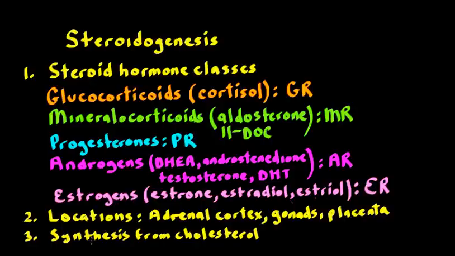Now, in order to make steroid hormones, we need to derive them from cholesterol, and this is going to require a little bit of chemistry just to show why the enzymes have the names that they do. And I think it's helpful when you're learning the pathways. So let's take a look next now at